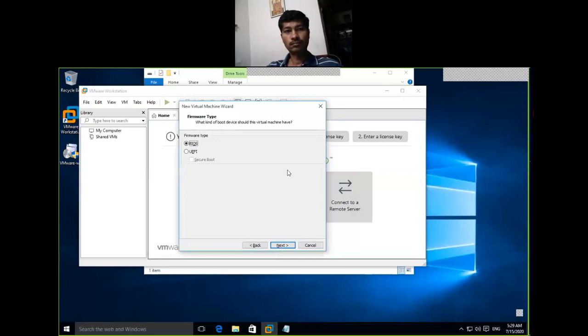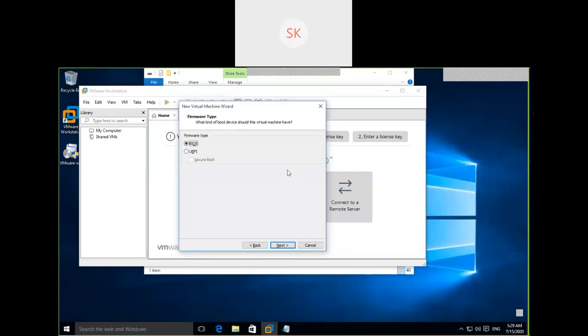Leave the default option. What is a BIOS? It is a program. The motherboard we discussed in the hardware components has a certain program, which we call BIOS, the basic input output system.